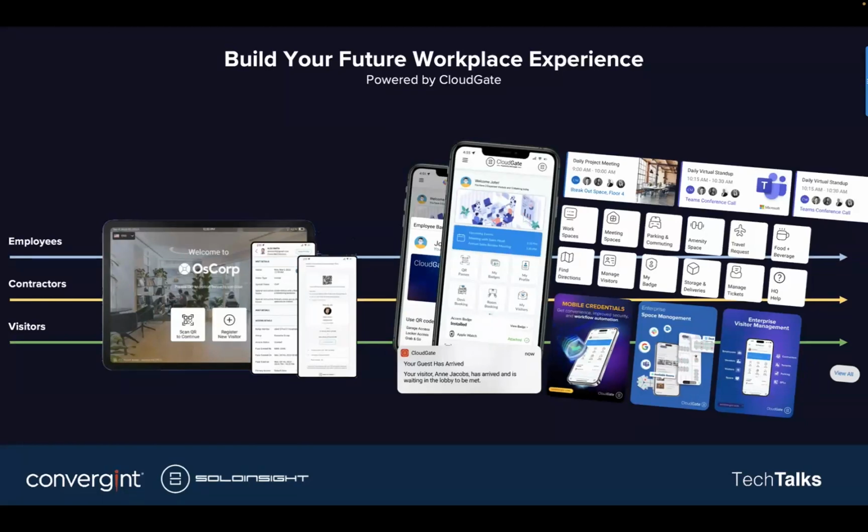And then as those workflows, as those processes become more granular, as Tim talked about, we start to see that employee engagement most commonly through the workplace experience apps. So with CloudGate, what we'll focus on quite a bit today is how we can use that CloudGate app in order to create a workplace experience to help drive that automation and to drive the engagement with things like mobile credentials. So if somebody has a Bluetooth ready reader or Bluetooth ready access control system, how can you elegantly put